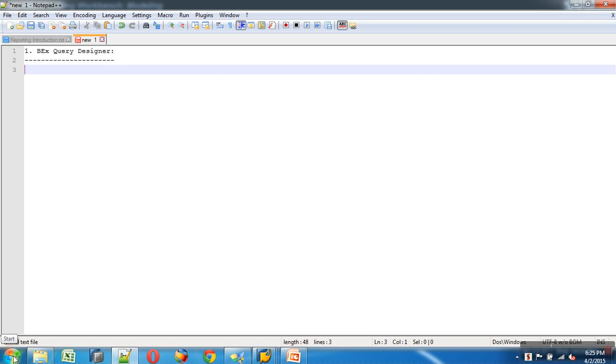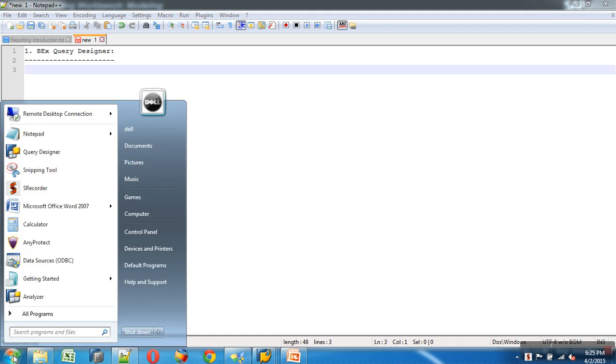Now this is where you can see all the BEX components. When you go to start, you will get to see them only if you have installed your SAP GUI. Because in the client system you install SAP GUI software, then you can get connected to any of the SAP servers. When you are installing SAP GUI, in the developer options it does ask you, do you want to install BEX? You checkbox yes, and that gets installed.